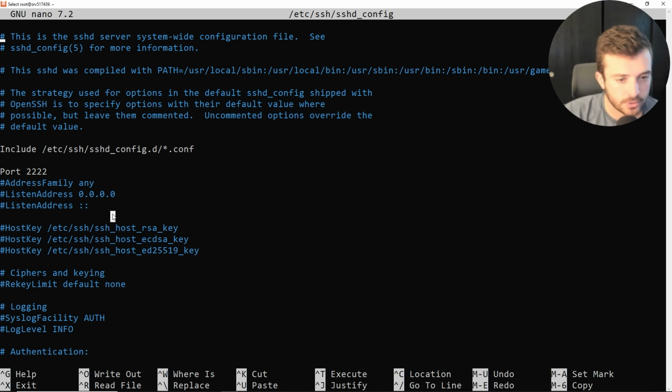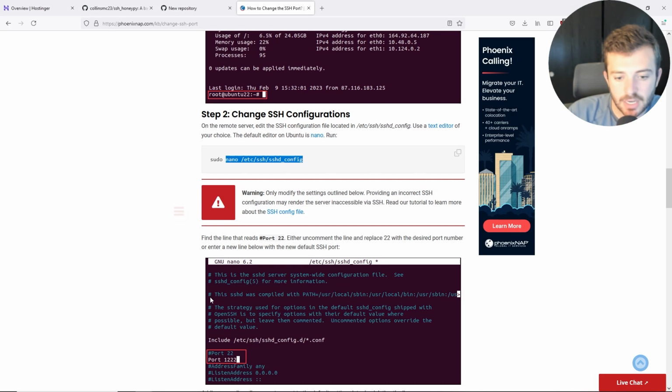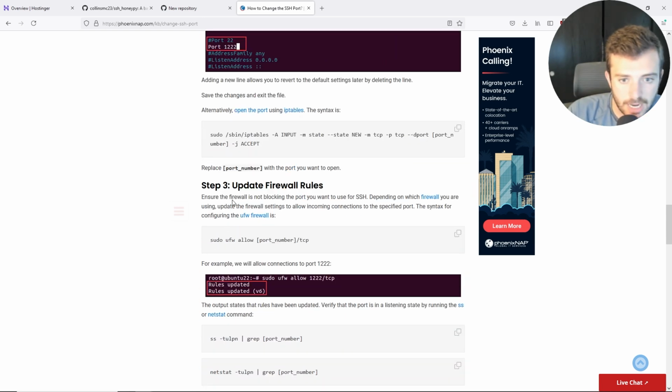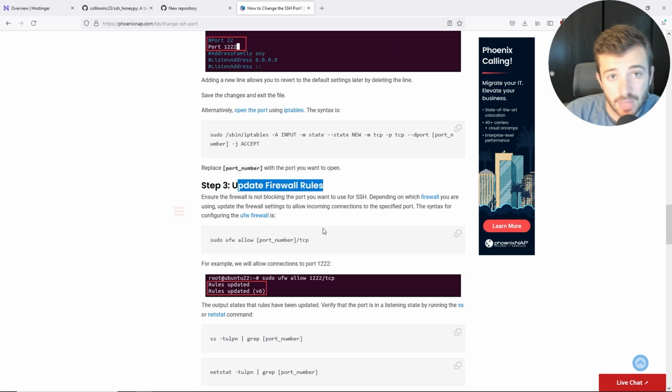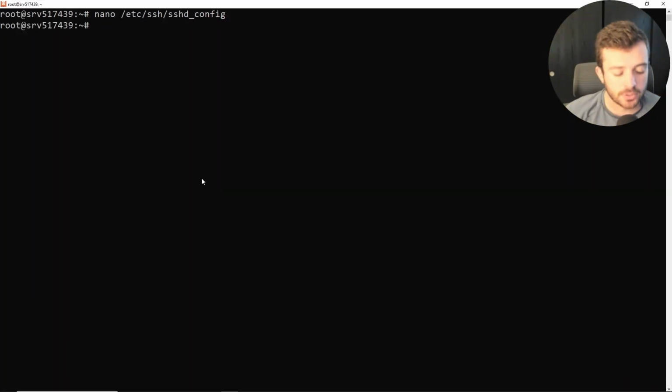You could use 2223, whatever you want. And now if we go ahead and do Control X, there's a few other outstanding items that we need to do, and they're highlighted in this guide. I'll leave the link in the description below. We need to update the firewall rules so that we're allowing that new port, whatever port you decide. So we're going to use sudo ufw allow and then that brand new number. We're just going to go down to the terminal, and with ufw, for uncomplicated firewall, we could do allow 2222/tcp,